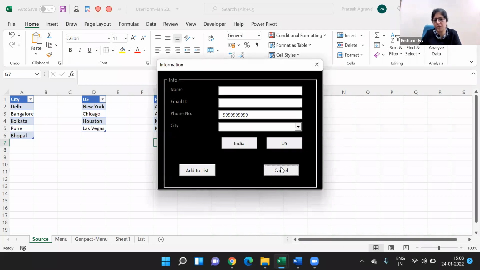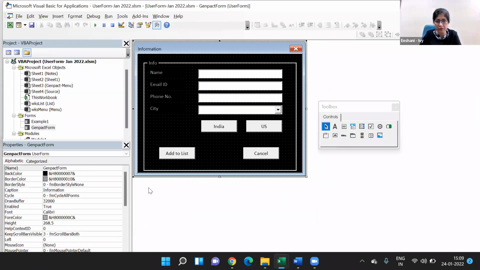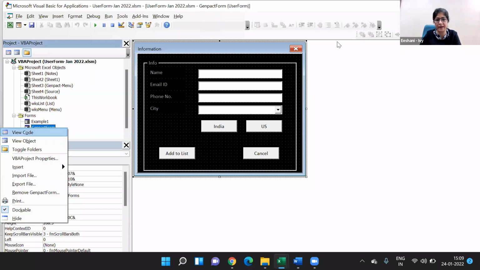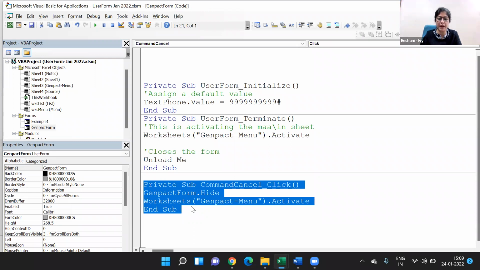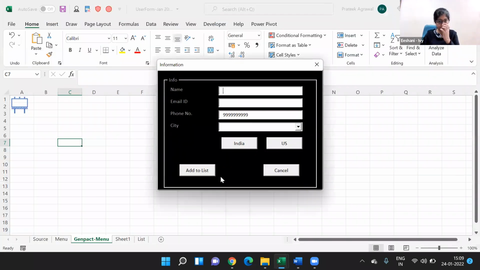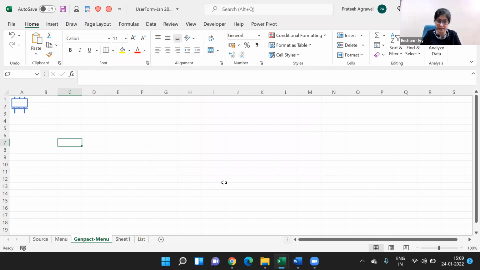Nothing is happening. Why? Because there's no programming attached to it. Once we click on it, it takes us back. And if I put this code where I'm hiding it and taking it back to a particular sheet, now if I go back and run the program and click on cancel, it has closed that, hidden it,